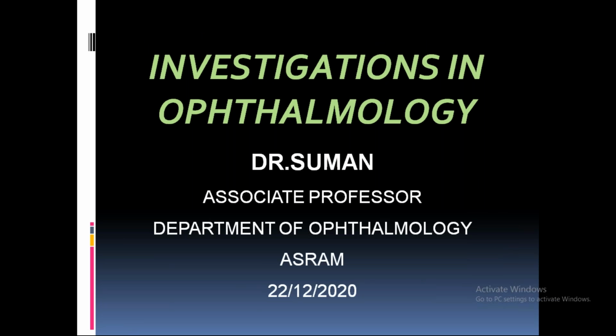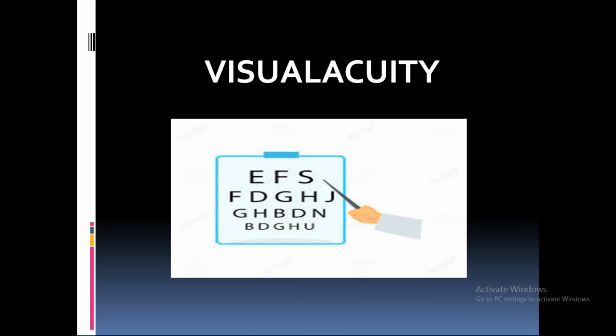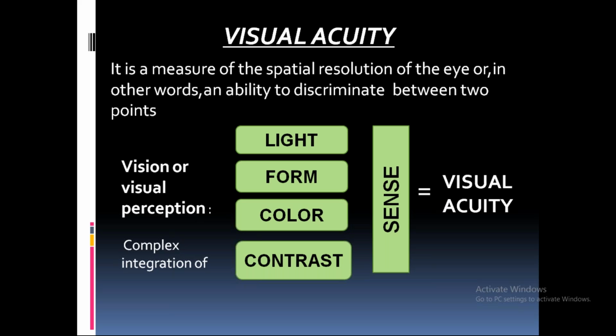Today's topic is investigations in ophthalmology. The most important investigation in ophthalmology is visual acuity. Visual acuity is the measure of spatial resolution of the eye, or in other words, the ability to discriminate between two points. The components of visual acuity, or vision, or visual perception, include a complex integration of